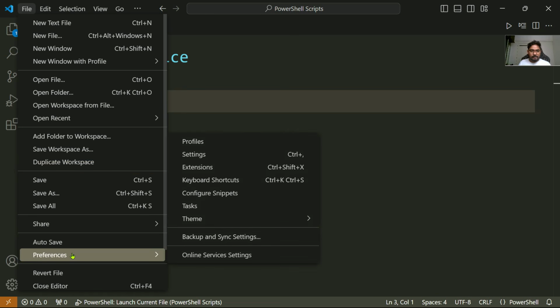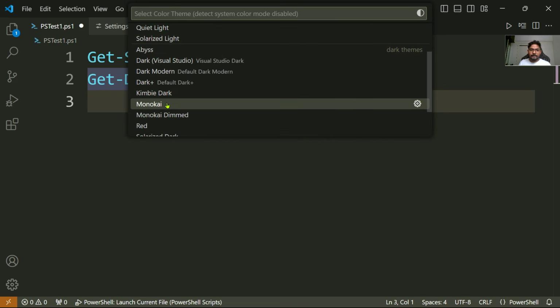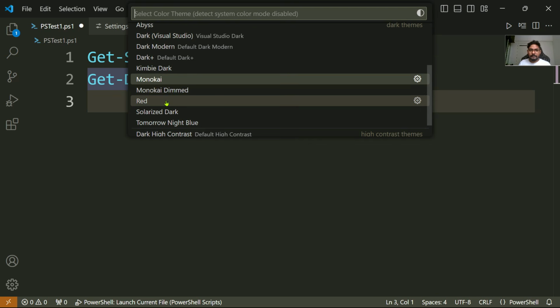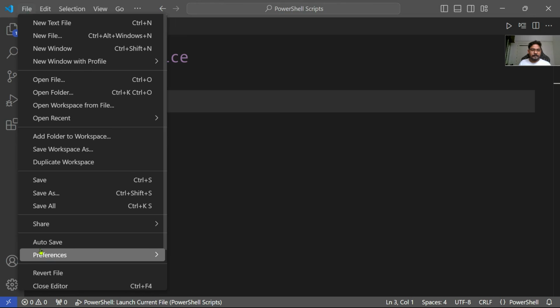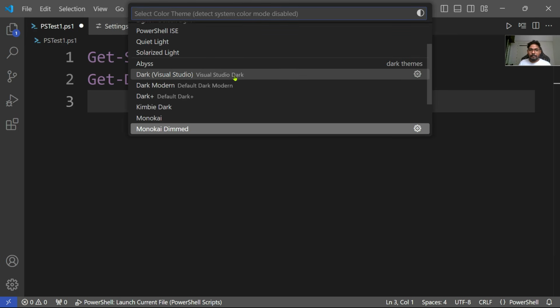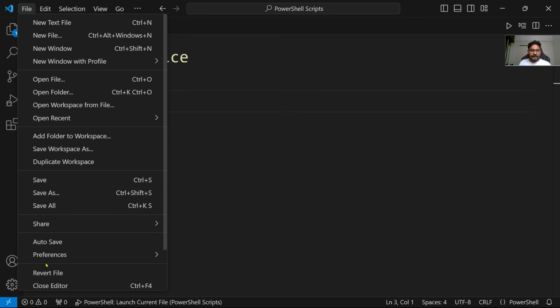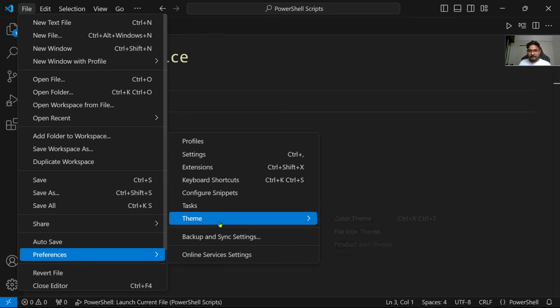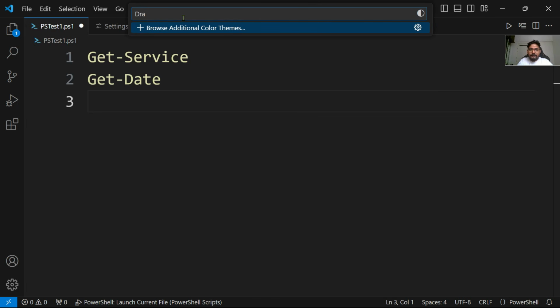File, Preferences, Theme, Color Theme. Let me try Monokai Dimmed red. So there are many options. See how it appears. So it's up to you how you would like to keep it. Go File, Preferences, Theme, Color Theme. I'll put it back to default dark modern. There's also another option, File, Preferences, Theme, Color Theme. So let's say, for example, there is something called,